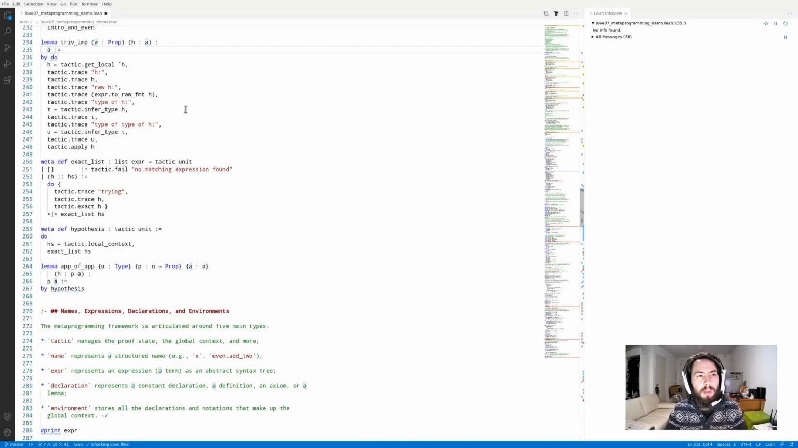The next thing we're going to look at is this trivial lemma. It's a trivial implication, right? We're given h of type A and we're supposed to prove A. But the interesting part here is that we get to show you within this whole big tactic script a couple more interesting tactics that you're going to need in order to write your own tactics. So one of these is